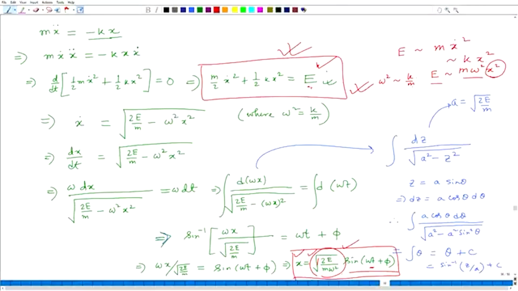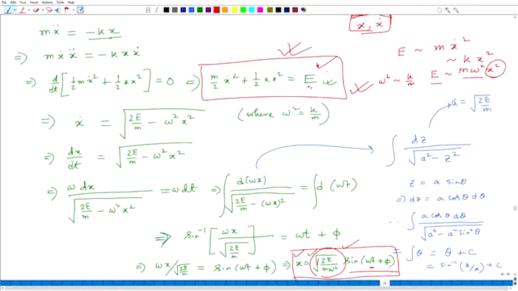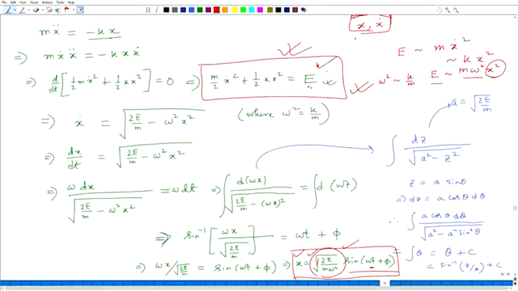What happens for more than one dimension? Okay. Then here you see, in one dimension you had two variables x and x dot, and you had one equation. Okay. And then I will use the information of the conservation of total mechanical energy, then basically you get a constraint between x dot and x, and that is why there is one constraint and two variables. So, finally, the effective variable becomes 1, and actually you can solve for the other one. Two variables are x and x dot, of course.